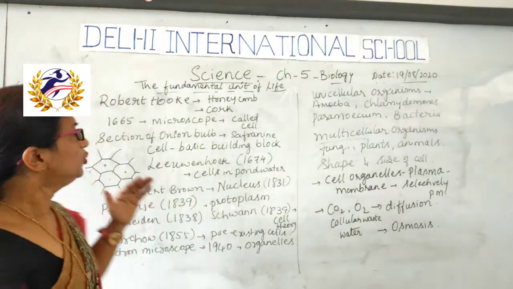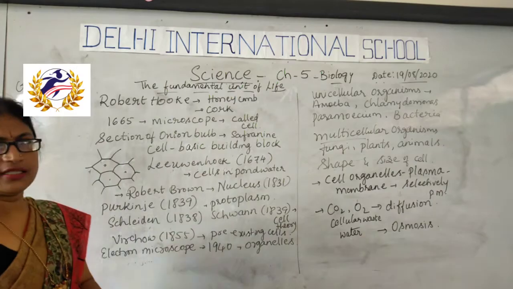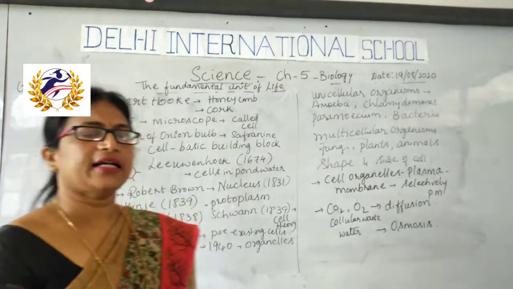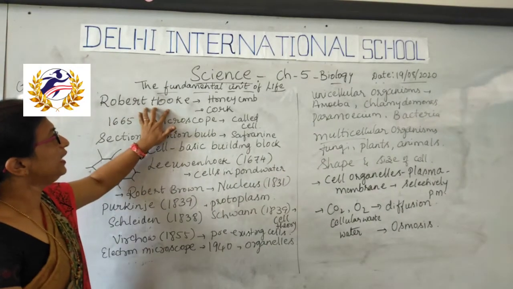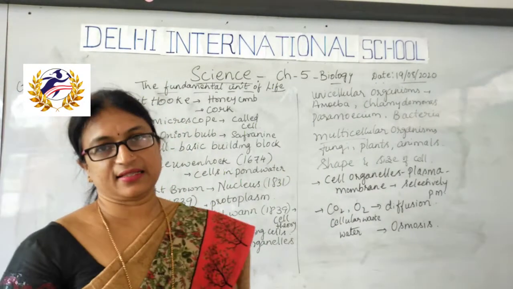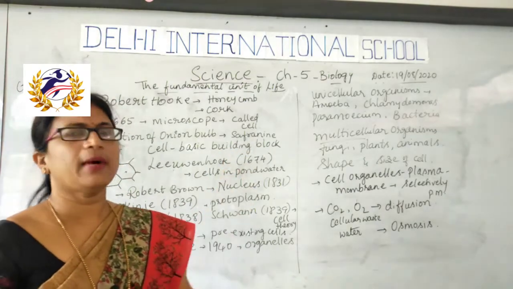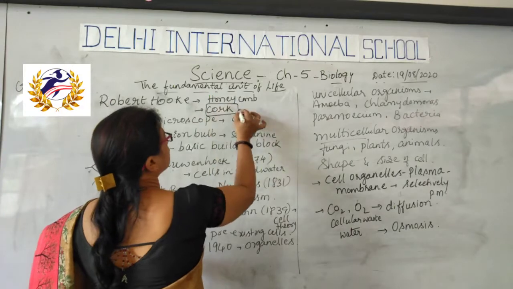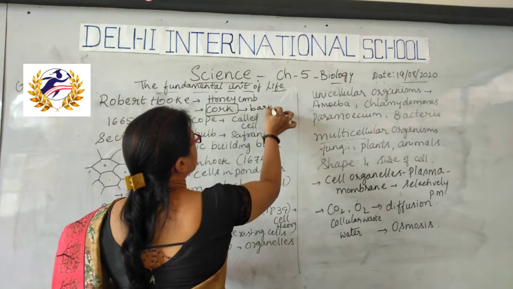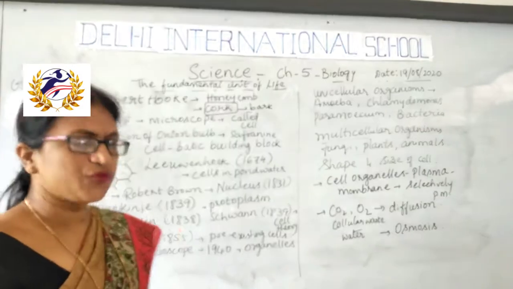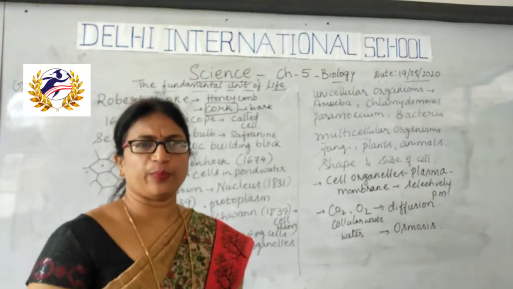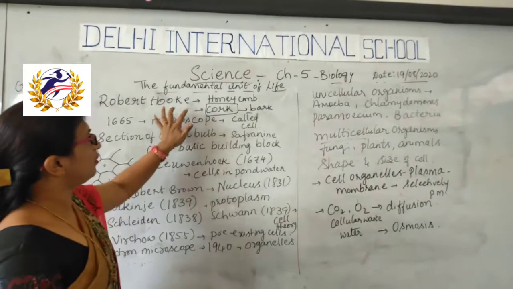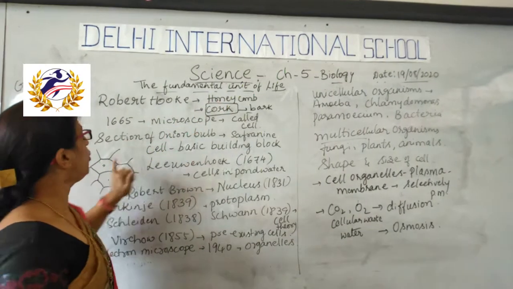Okay. So first, a scientist, Robert Hooke, observed the bark of a tree. That is called cork. He observed it with a self-designed microscope, a self-designed magnifying lens. He observed that it is a honeycomb-like